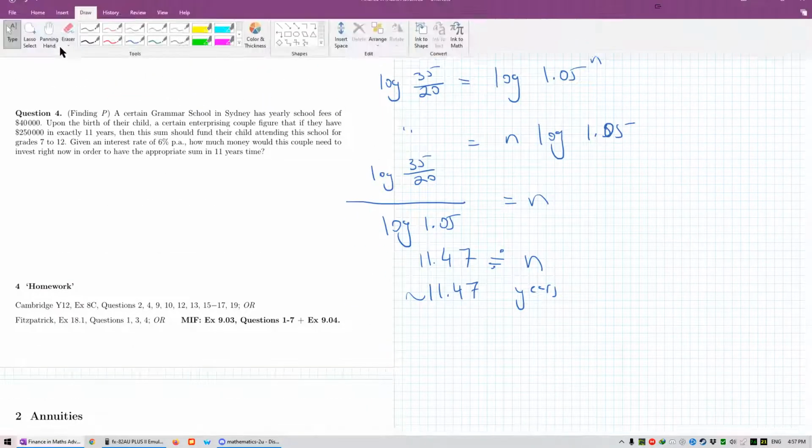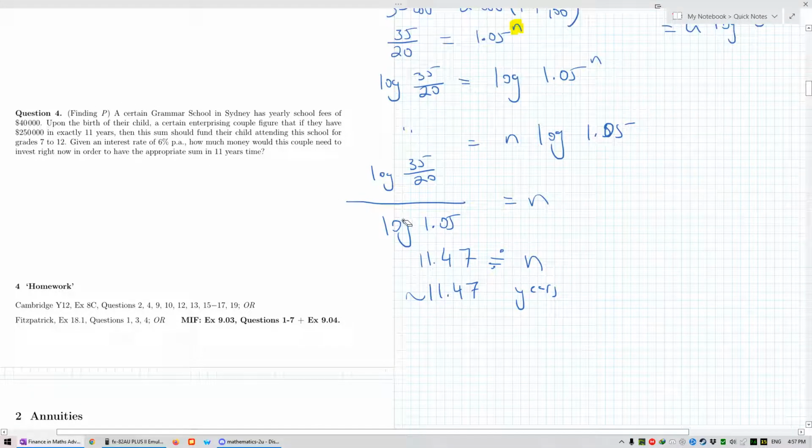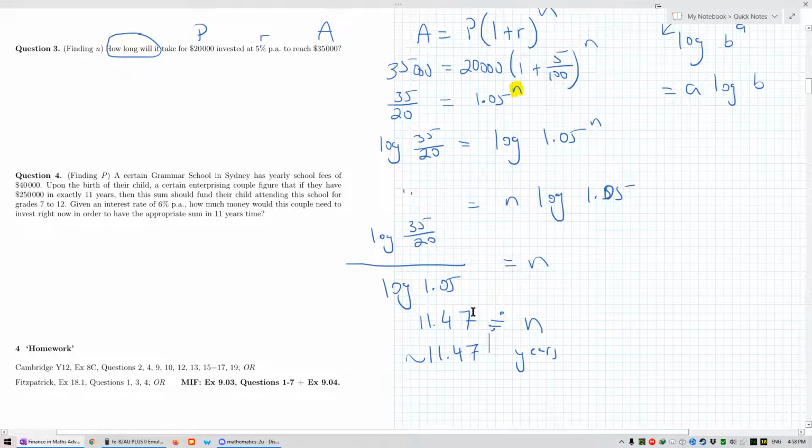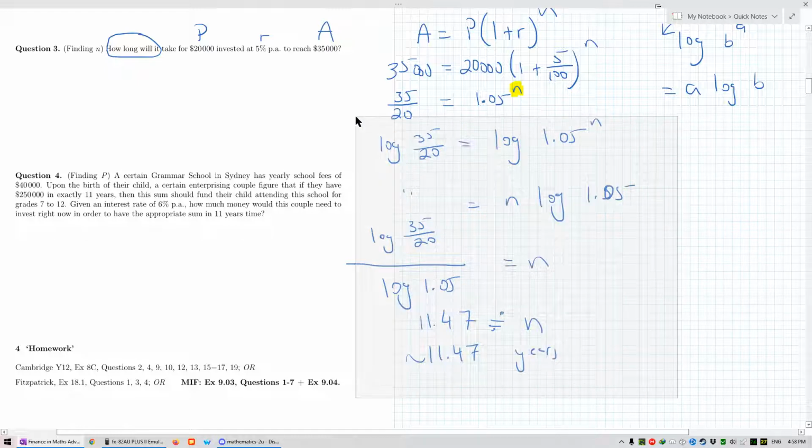Finding p. So that should be probably one of the easier ones. And yeah, so once again, when you're trying to find n, the key really is the logs bit. Yeah. So just be aware of that. And look, if you're not good with logs,